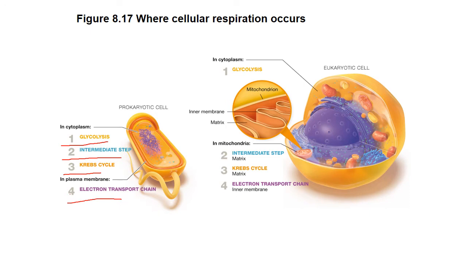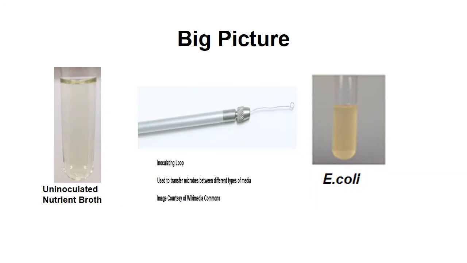In the electron transport chain, as we will see, electrons need to be shuttled across a membrane. But in this case, it is not a mitochondria, it is the cell or plasma membrane. We will go to each of these steps in detail as we progress through the worksheet and the slides. So before we begin looking at page 111 in your PowerPoint packet, let's get an idea of the big picture